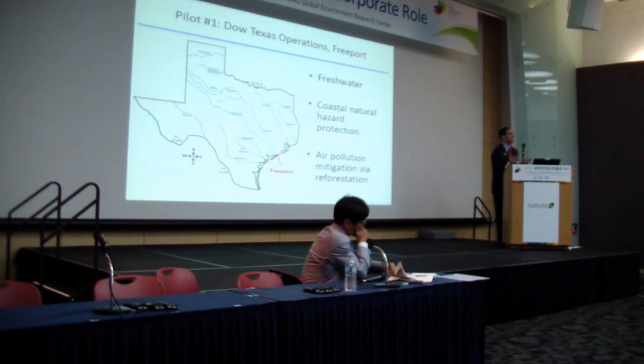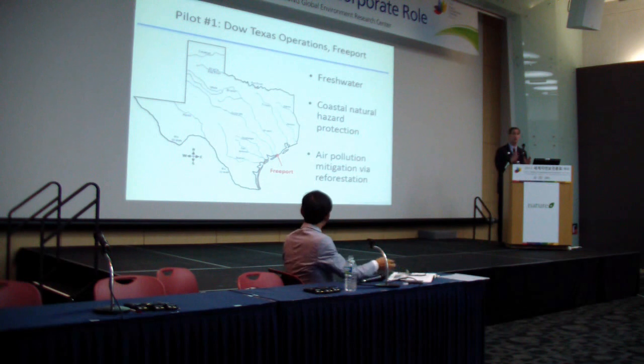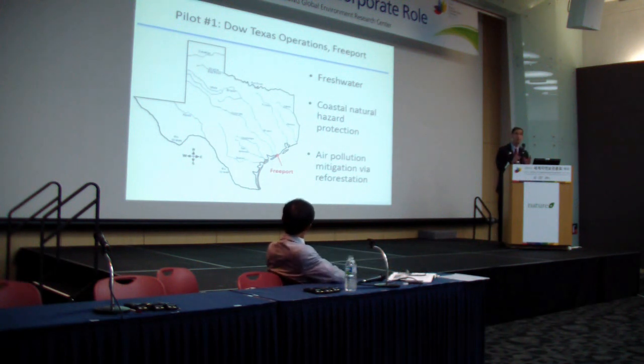We analyzed the impacts and the dependencies that this site has on ecosystems and ecosystem services. And we chose to analyze 3 dependencies that are critical to Dow's success at this site: fresh water, coastal natural hazard protection, and air pollution mitigation. And we're looking at reforestation as one tool towards air pollution mitigation. Let me go into a little bit more detail on each of these 3 parts of our